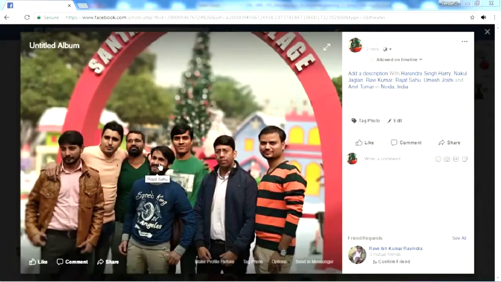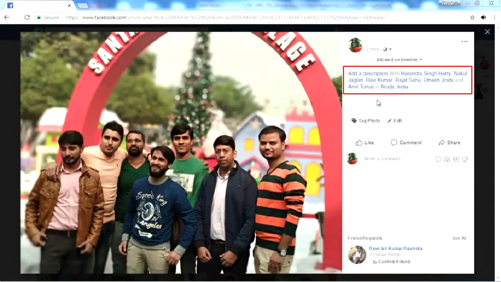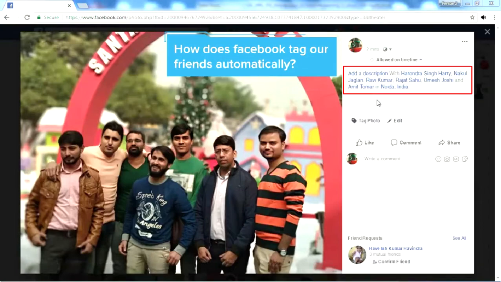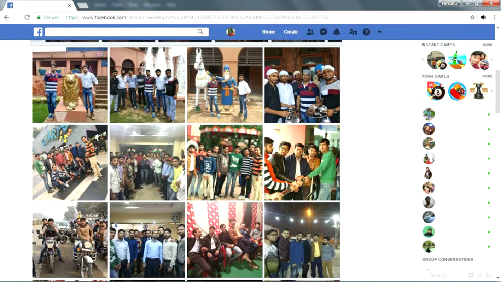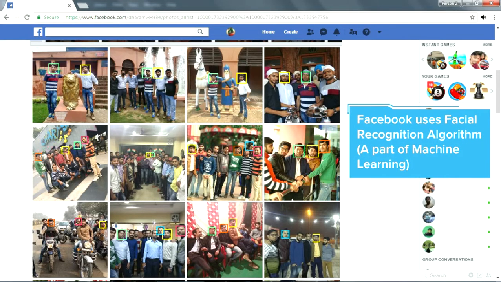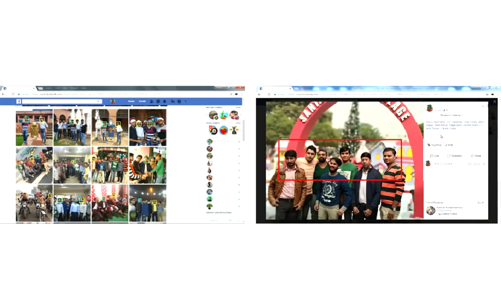Let's have a look at one more Facebook feature which uses machine learning. When we upload a group photo of our friends on Facebook, what we find is that Facebook tags some of our friends automatically. So how is this thing possible when we haven't even tagged them? The answer to this again is machine learning. Previously, we must have uploaded some photos where we may have explicitly tagged those friends or someone else might have tagged them in some of their photos on Facebook. Facebook learns about those tagged faces using facial recognition algorithm, which is also a part of machine learning, and then recognizes those faces and tags them in our newly uploaded picture automatically.